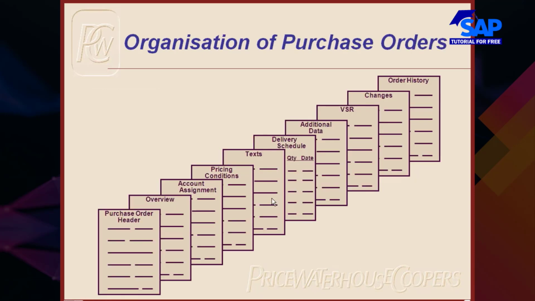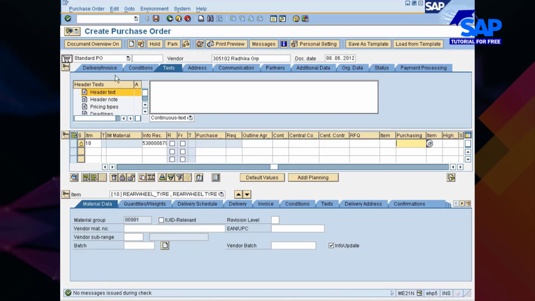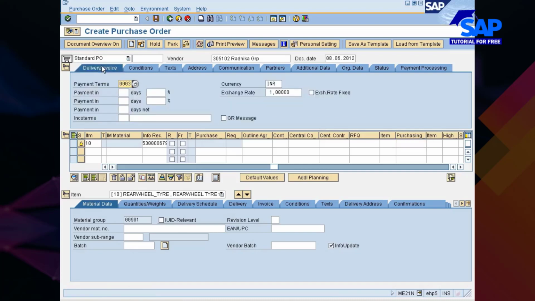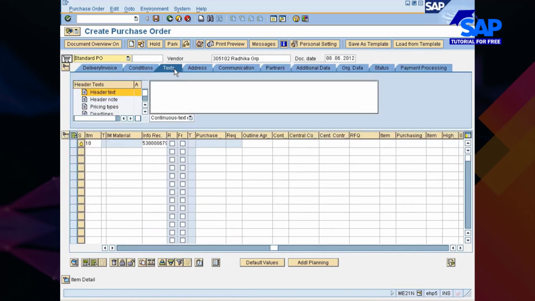Organization of purchase orders. So here we are going to discuss the various tabs that we see in the purchase order. As you can see, there are certain tabs available at header view and certain tabs available at item details. To start with the header, you see delivery terms, that is invoice, payment terms, etc., currency, exchange rates, is the exchange rate fixed, and then conditions. Conditions means header conditions like cash discount, etc., and then various text information which needs to be brought from material or info record or something else, reference document, and then the address of the vendor,